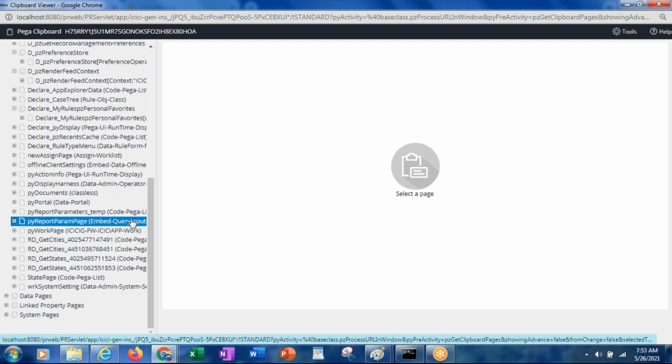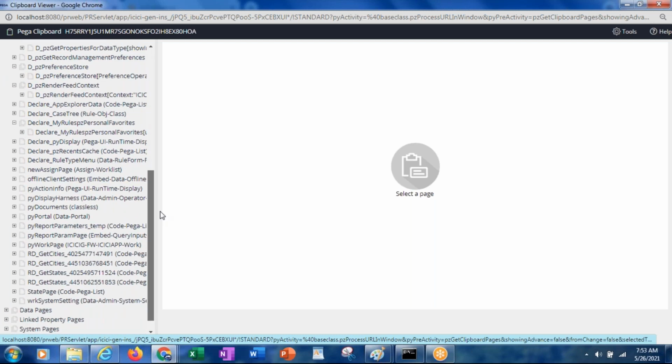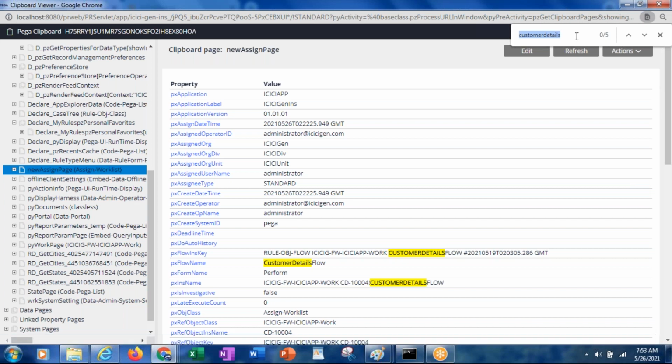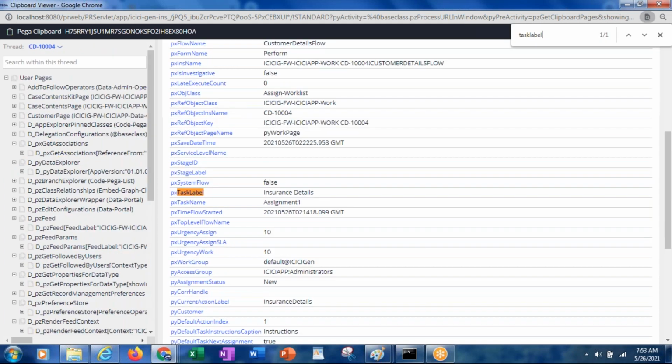Now see, the customer details flow is there, but the task label is not having that. The task label contains insurance details. Previously, it was referring to the customer details.